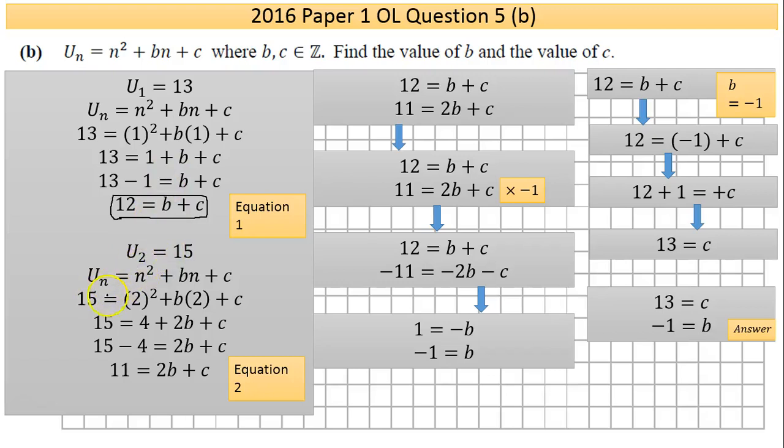Okay, exact same thing. You know that u2 is 15. So put the 2 in instead of the n, and put the un equals 15. So you end up here. When you resolve that down, you end up with a second equation of two unknowns. Now, if you got that far, you've done well. But with two equations of the same two unknowns, you can find out what those unknowns are by using the method